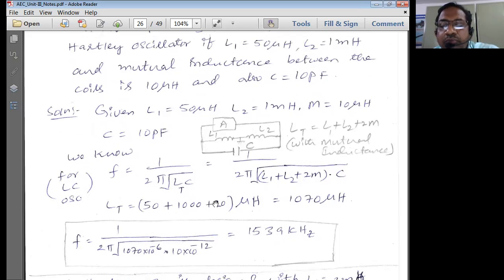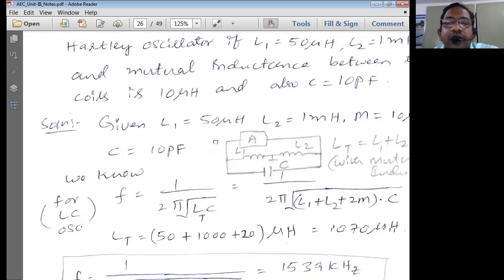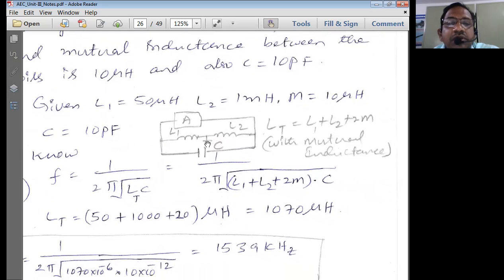So what is the general block diagram of this Hartley oscillator? You're going to have an amplifier A. Output of amplifier A is connected to the input of the Hartley network, and output of Hartley is going to the input of the amplifier circuit. Now the feedback network B is known as the Hartley network. That is a combination of L1, L2 in parallel to C. There is going to be a ground terminal between L1 and L2. And in parallel to L1 and L2, you're going to have the capacitor C, right?